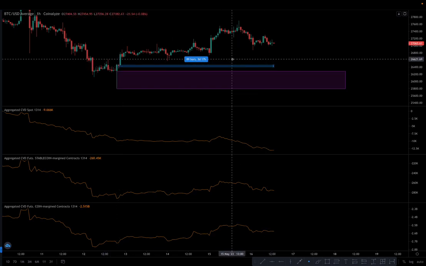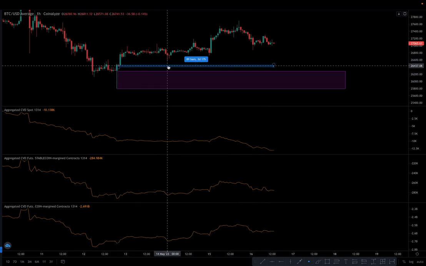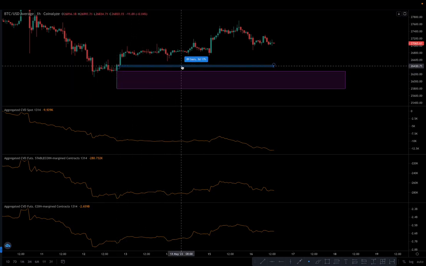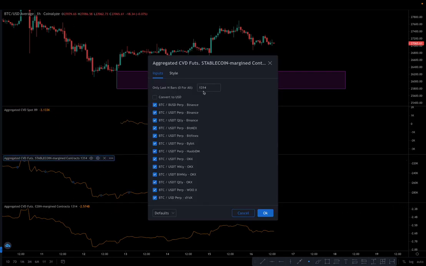That's important because after the bullish candle went in, you want to know what people have done then. Makes sense? Because bad traders who get offside will have reacted to this candle, and we want to see how did they react. So 89 bars, we change our CVD measure to 89 on all three,